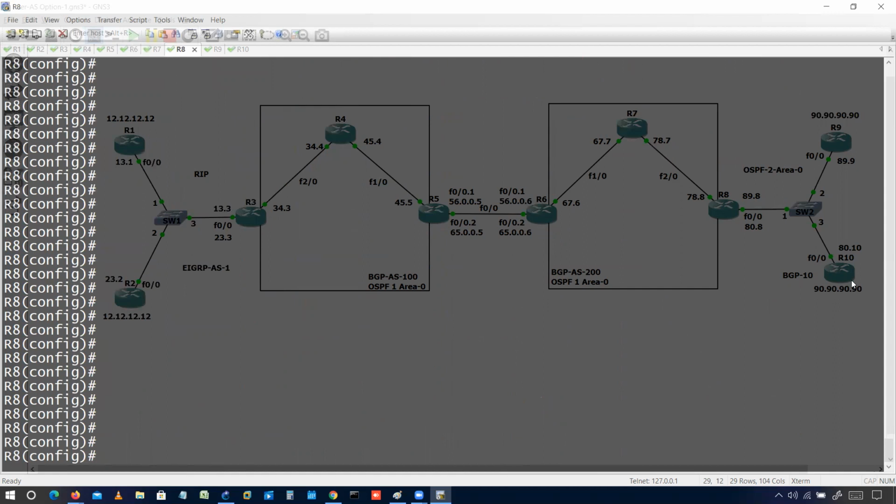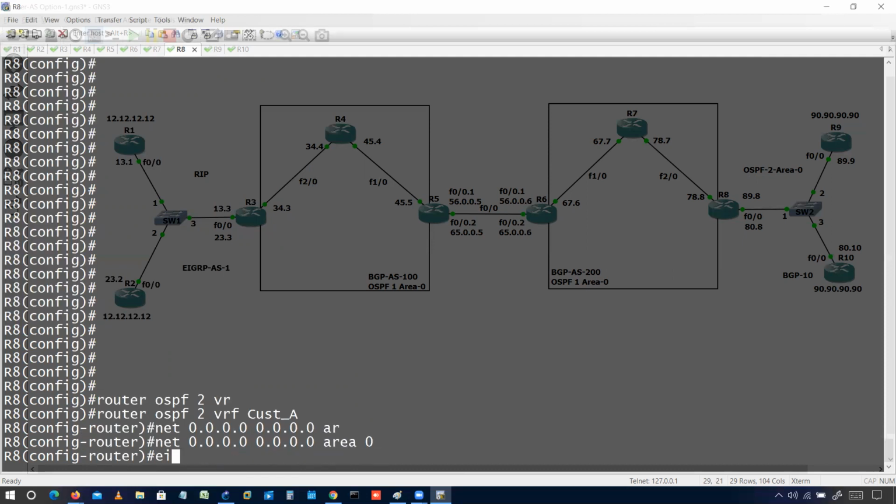So now we have to run another process. Right now R8 already has a process OSPF 1, but now I'll be using a different process, OSPF 2, with a different VRF. Cool. So router ospf 2 vrf, VRF name is customer A. Okay, and then again I can put network 0.0.0.0 area 0. Fine, no problem.